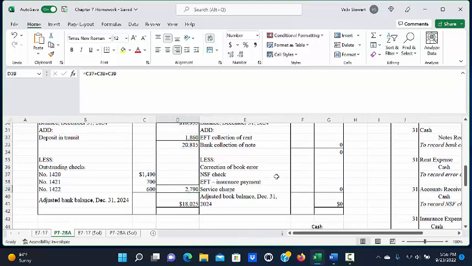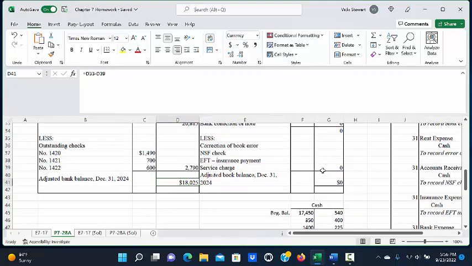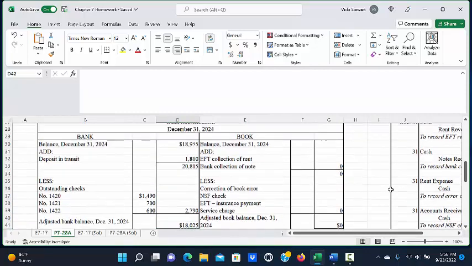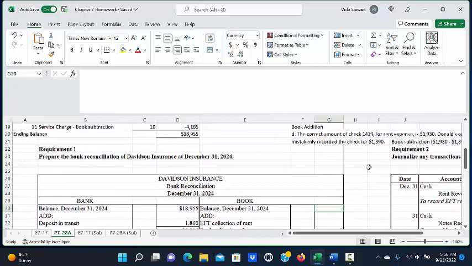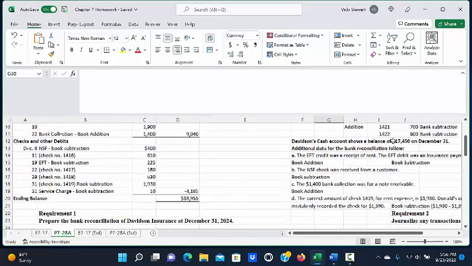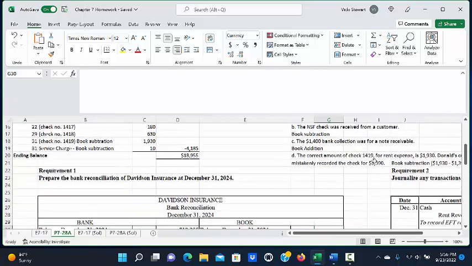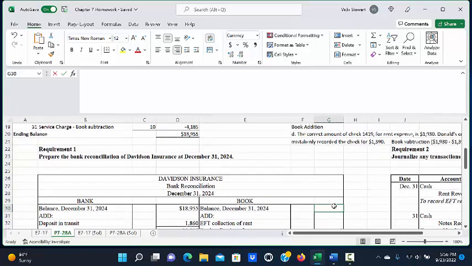We took our beginning bank balance, we added our deposit in transit and got a subtotal. We subtracted the outstanding checks, and now we have an adjusted bank balance at December 31st, 2024 of $18,025. So now we need to do the book side of the bank reconciliation, and you start with the book balance that was given in the problem at the end of December of